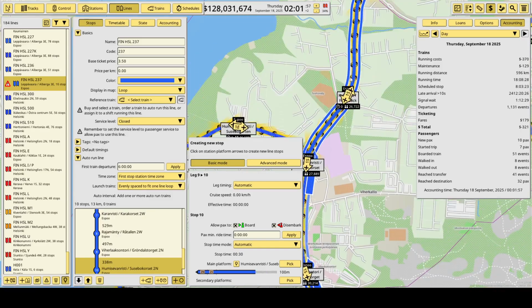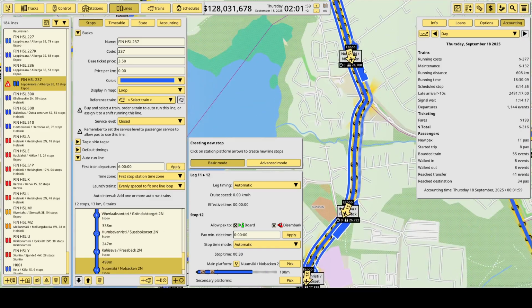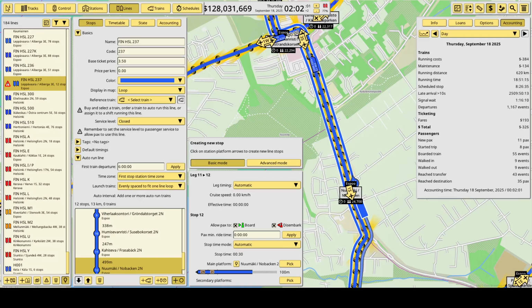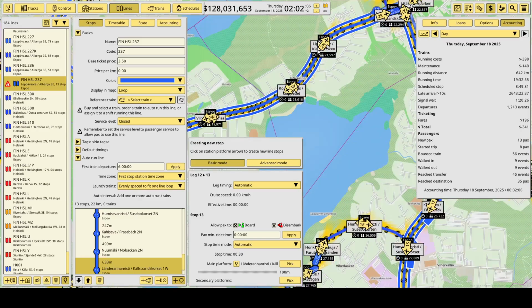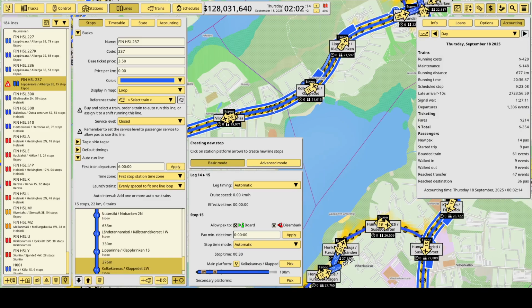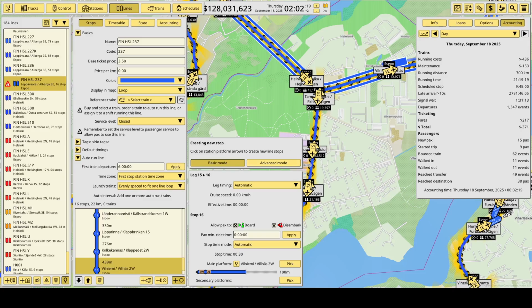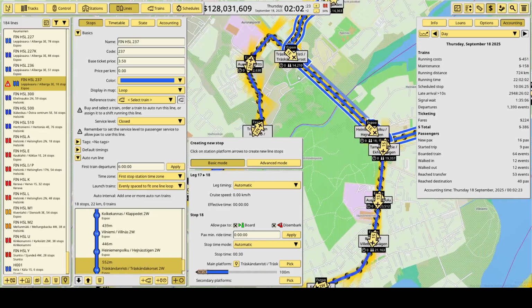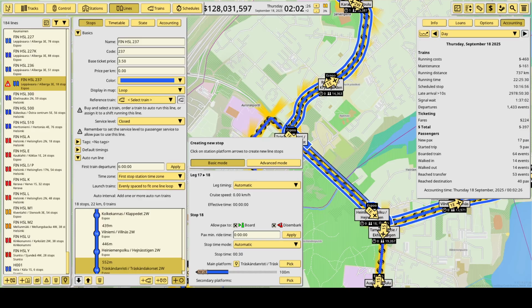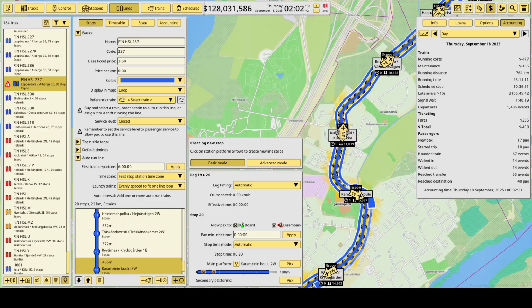Humisevan risti, Kahiseva, Nuumäki, and Lähderannan risti. Lipparinne, Kolkekannas, Vilniemi, then we stop at Heiniemen polku, at Treskendan risti, at Ryytimaa, at Karamzinin koulu,